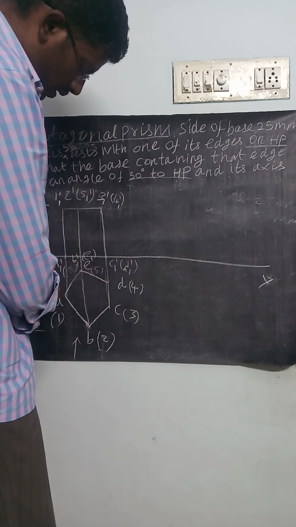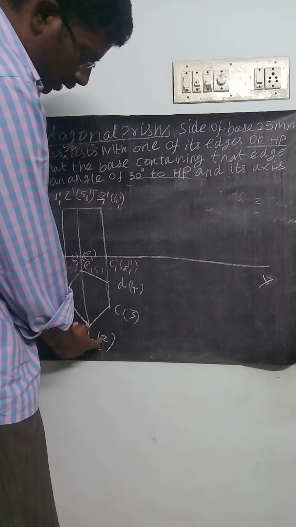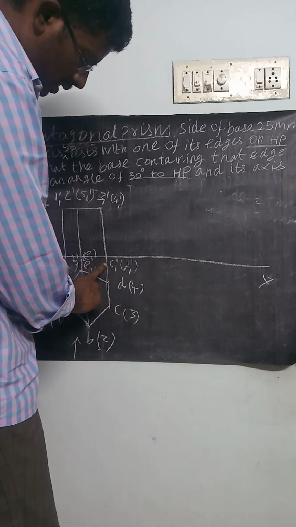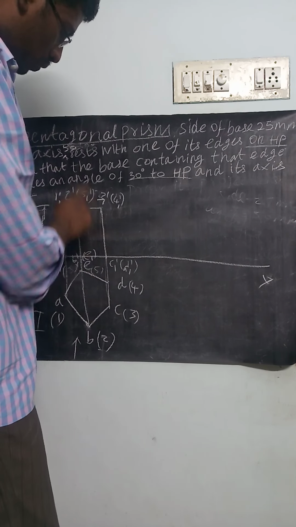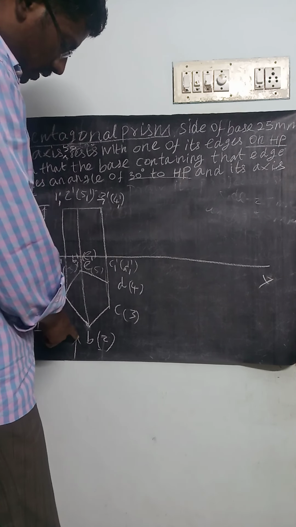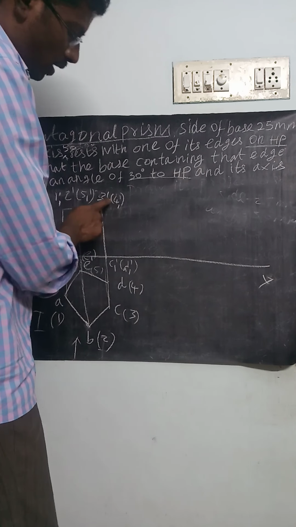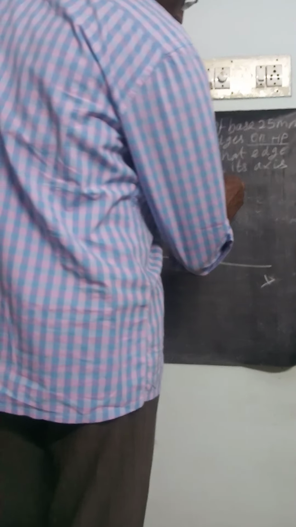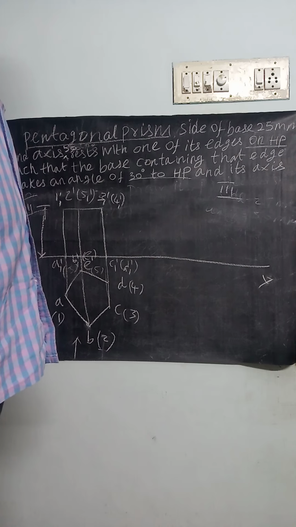Put the names A1 dash, B dash, E dash not visible, just closing your bracket, and 2 3 dash, sorry, B dash, and the remaining C dash not visible, D dash. So this is your top, this is your bottom. With the arrow mark, 1 dash is not visible, in the next one 2 dash not visible, 5 dash, 3 dash is visible, 4 dash not visible. This is your third step, and this is your final front view.